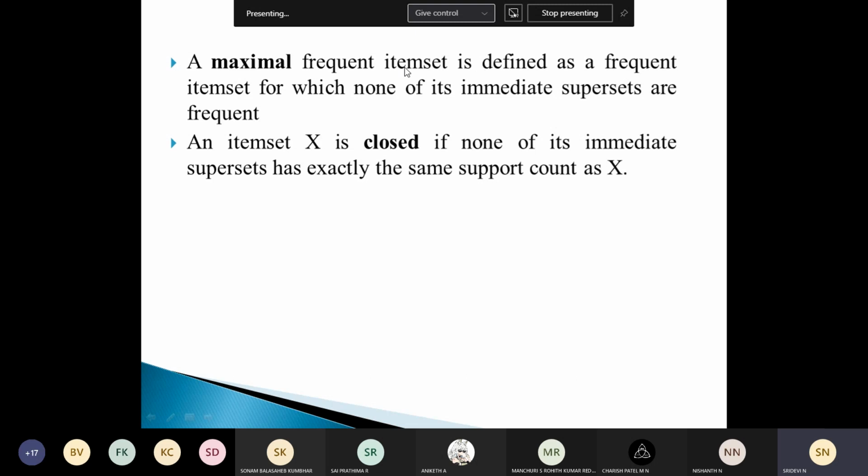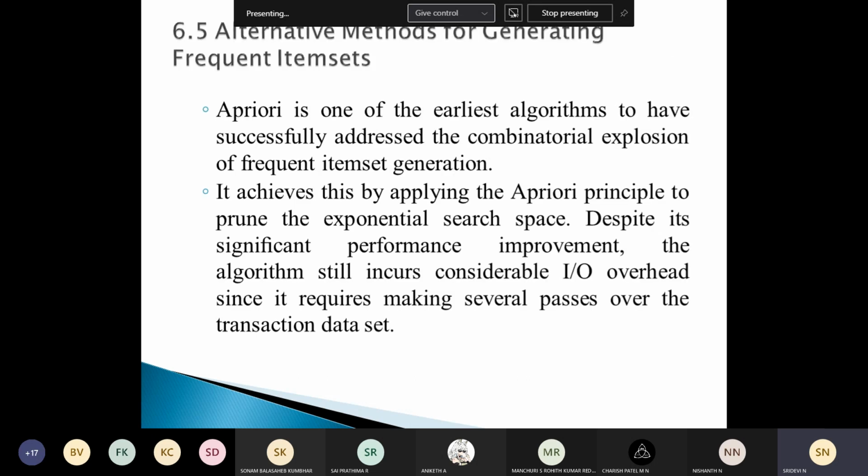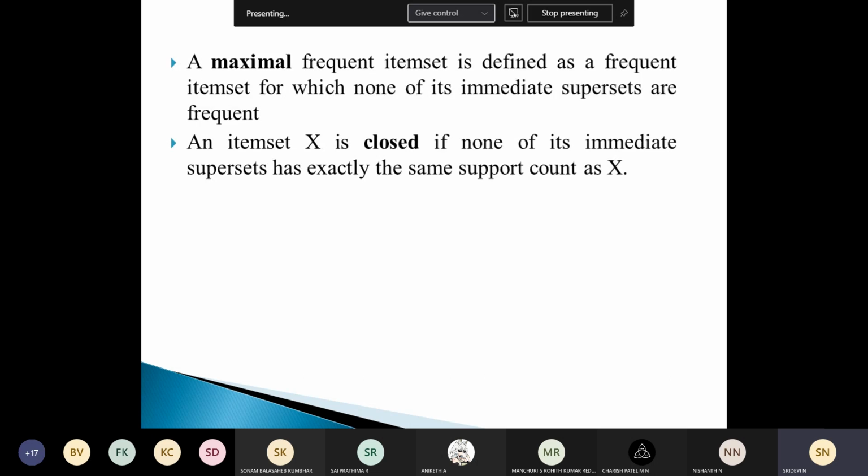And for a maximal frequent item set, none of its immediate supersets are frequent. That is, the support count of the supersets you form will be less than the minimum support. So instead of just telling, if we take an example, it will be clearer for you. Okay. So as an example,